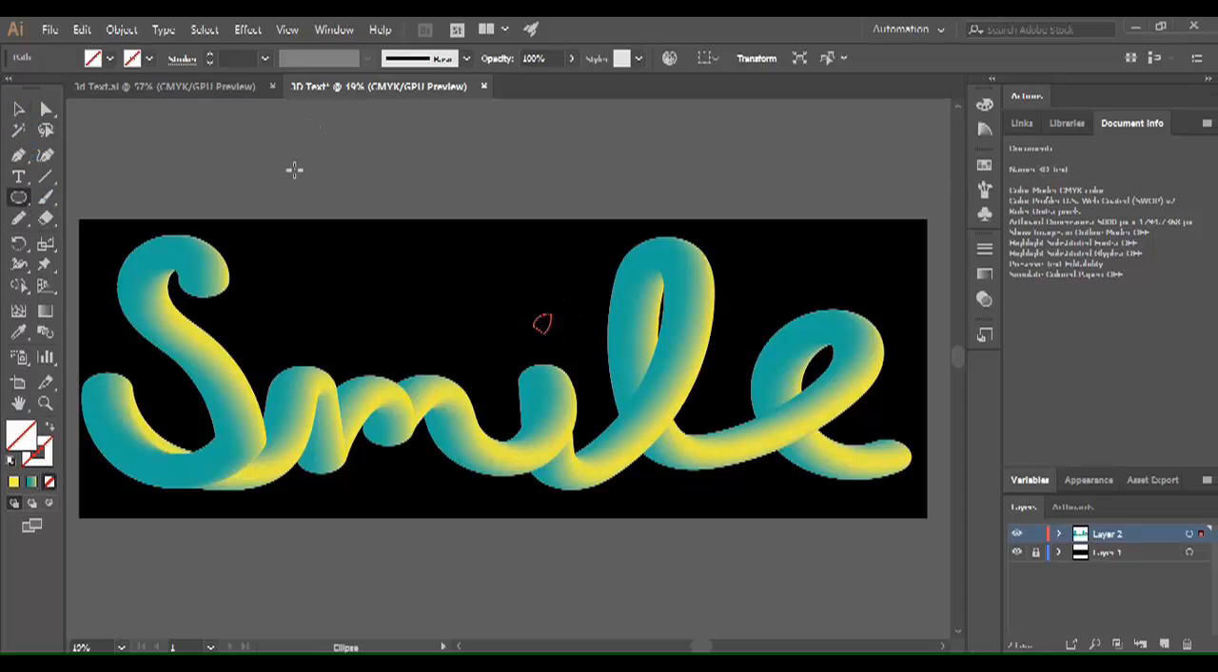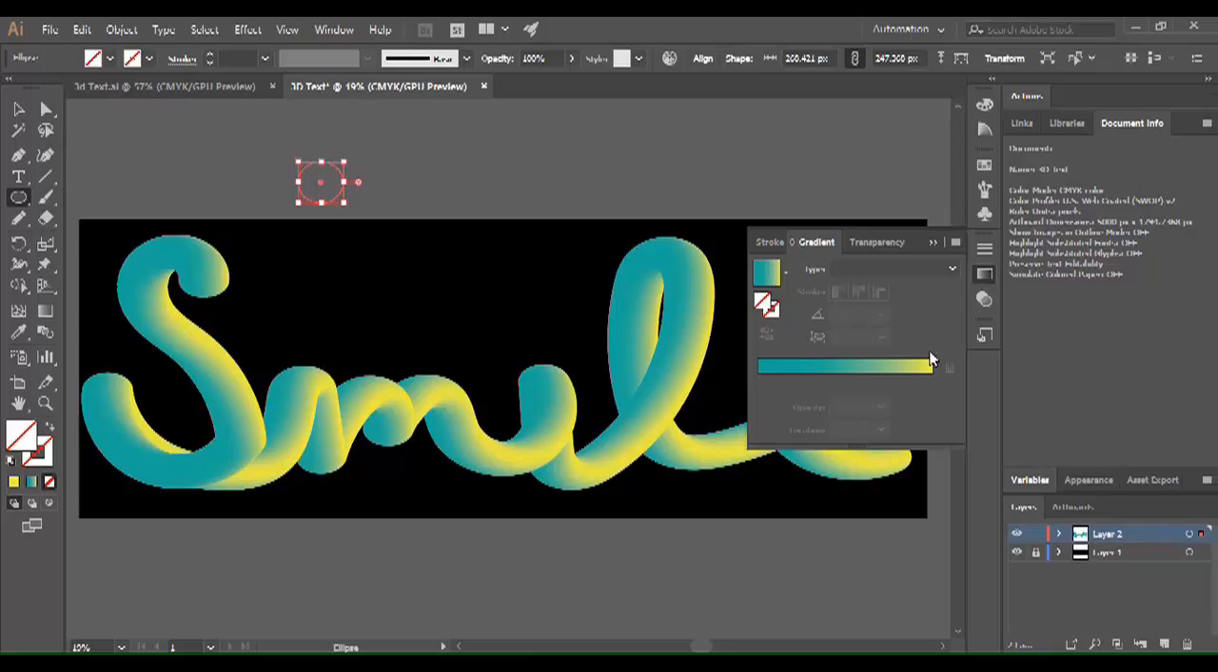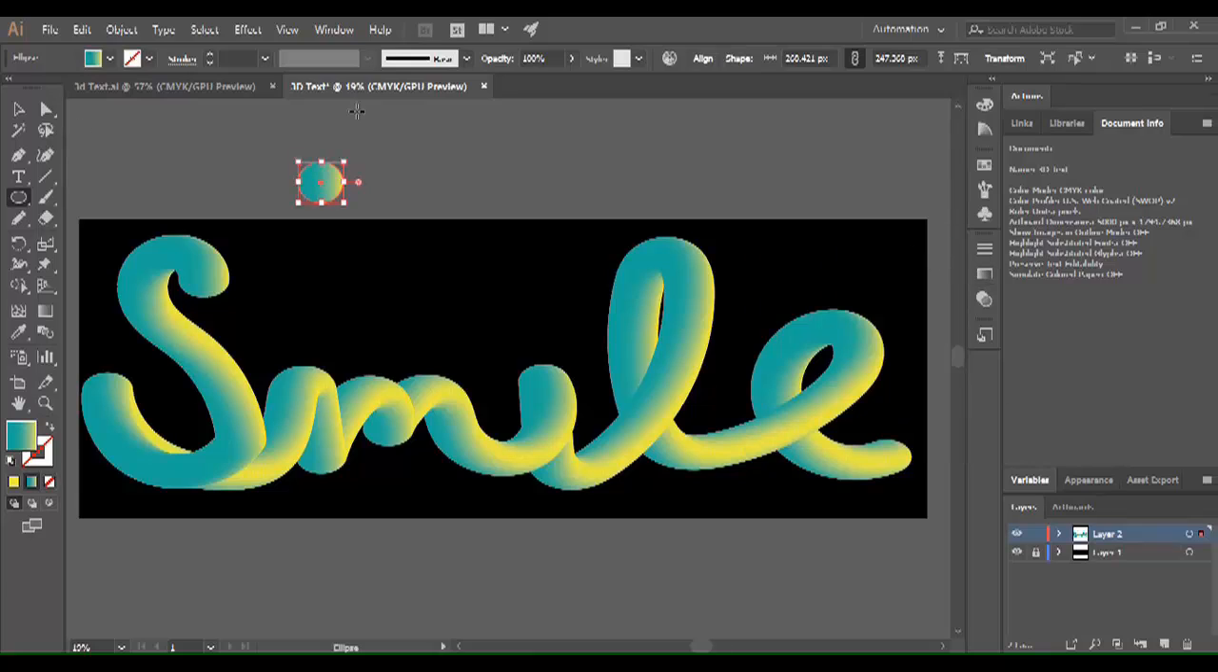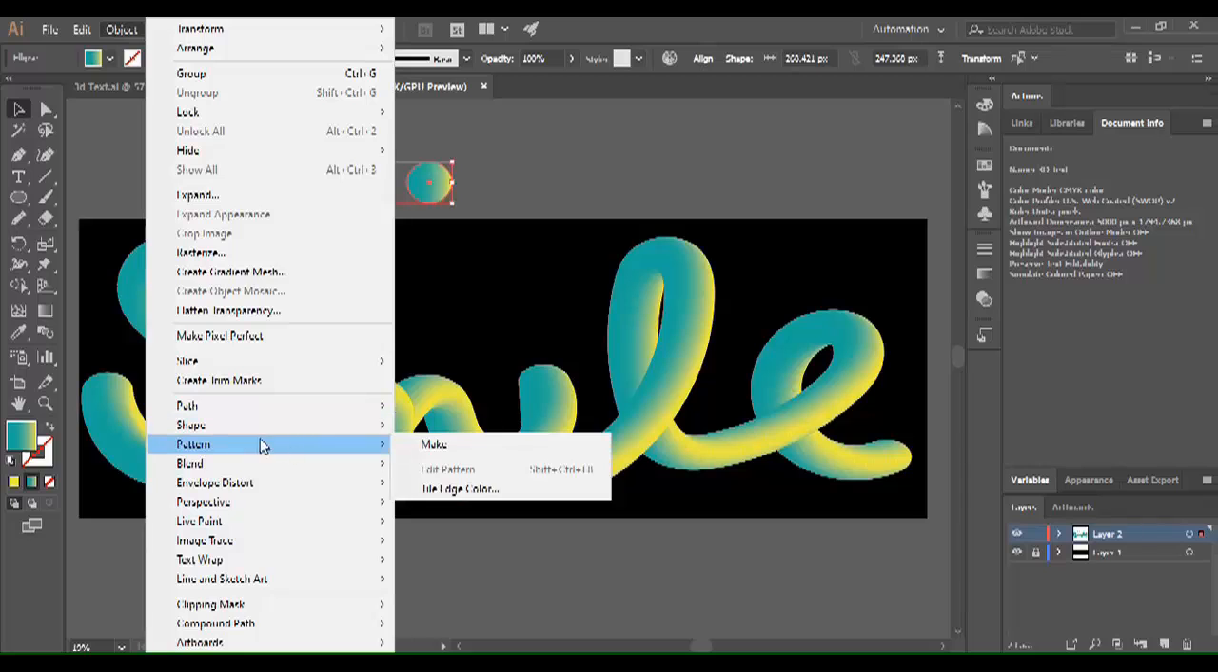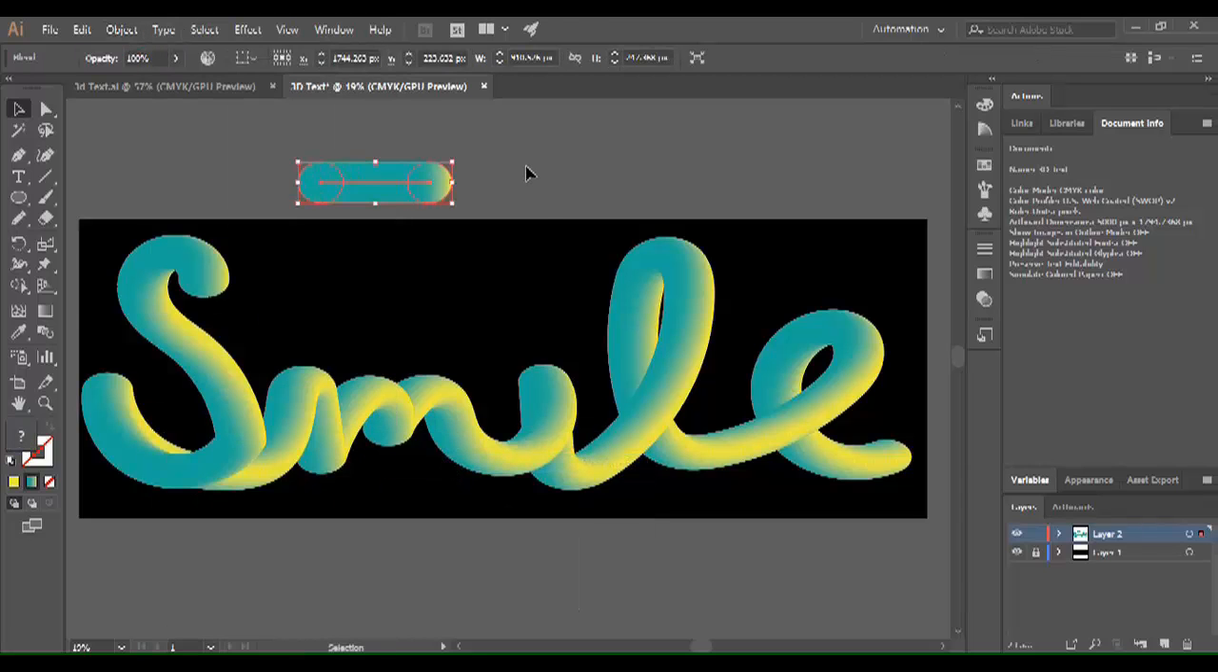Then again go to our ellipse tool and draw an ellipse like this by pressing the Shift key. Apply the same gradient to it and again pressing the Alt and the Shift key, create a copy of it. Now select both of them, go to Object and blend them by clicking on Make. Now just select this along with this drop or the dot of the eye